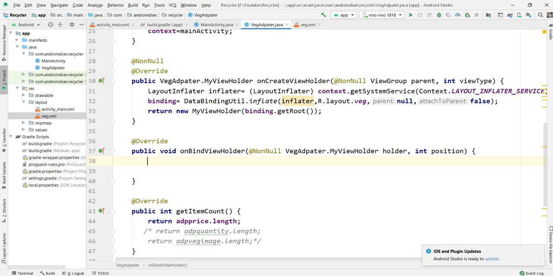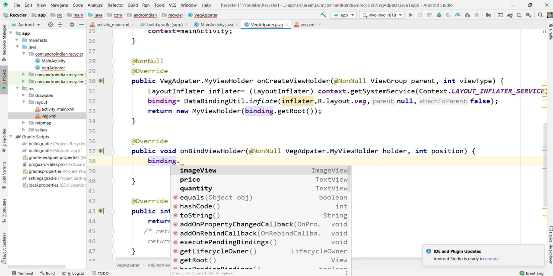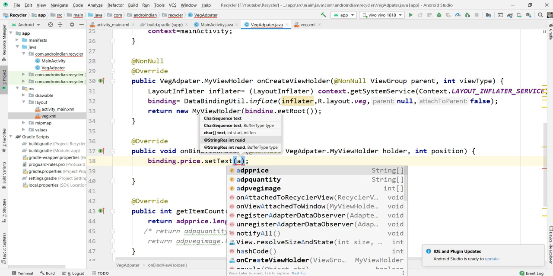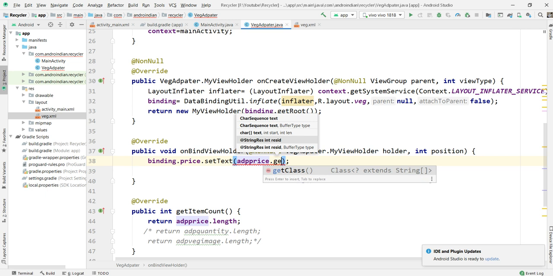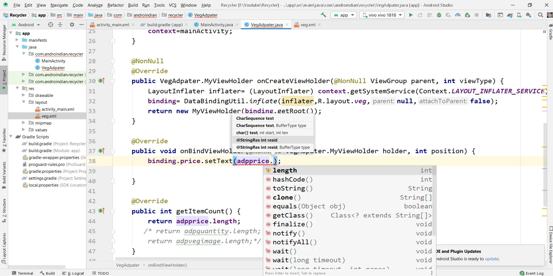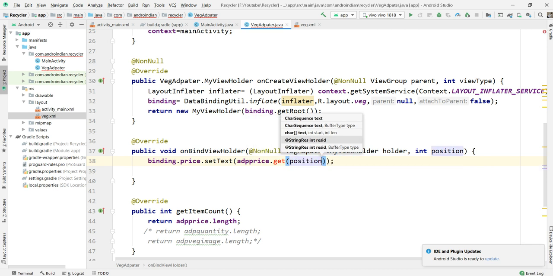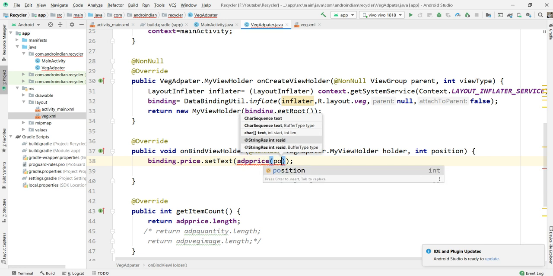Last step, set the recycler view. Now I want to use binding.price.setText. Where is the text here now? Price. So ADB price dot, ADB of position.